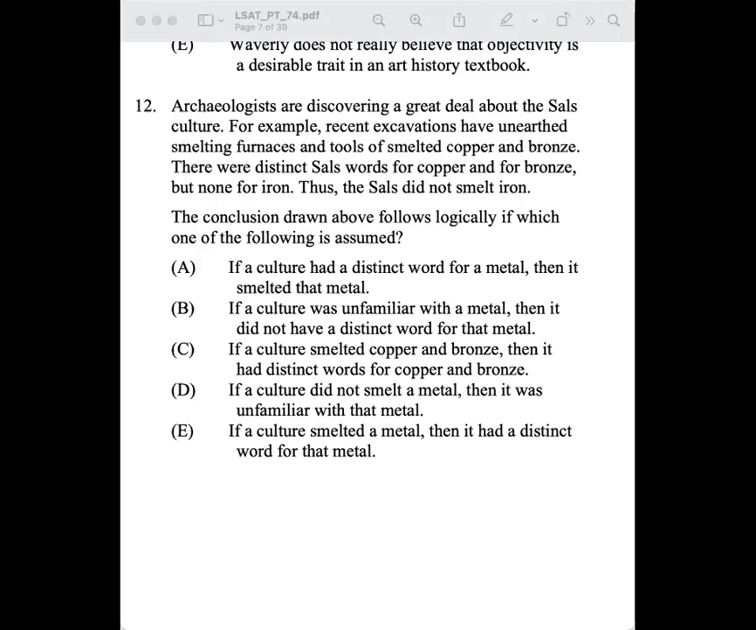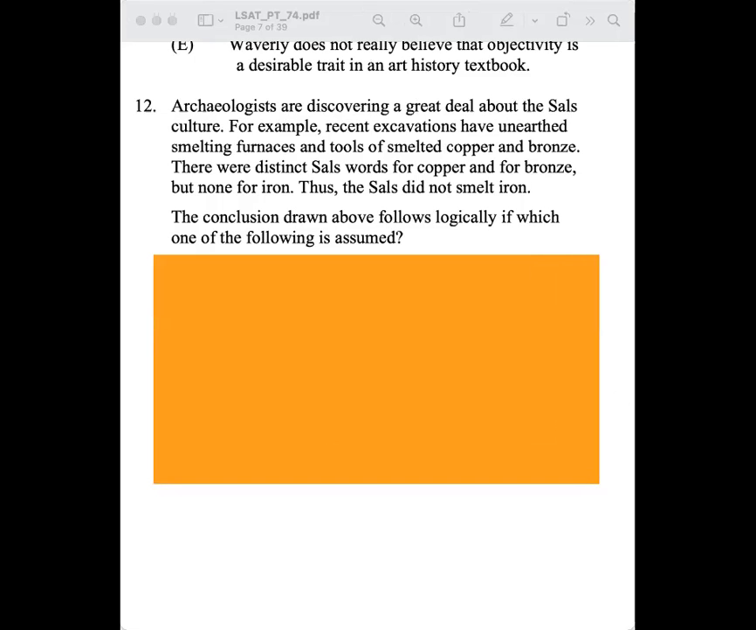So for this, I diagrammed it. Okay. Did you find your conclusion first? Yes. All right, what was your conclusion? So the Sauls did not smelt iron. Awesome. All right, and then how did you diagram it? So I did S negative I, and so I did SCB. Okay, so we know that there were copper and bronze, but if it was S, we know that there was no